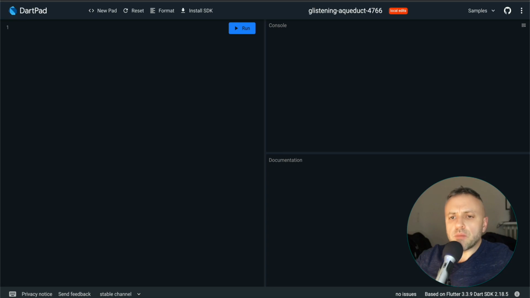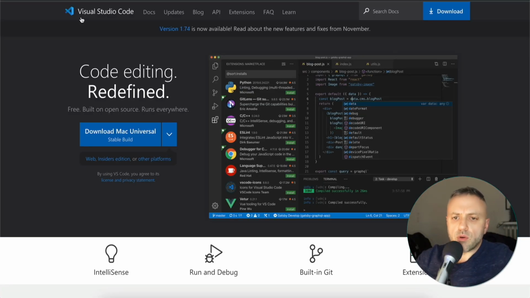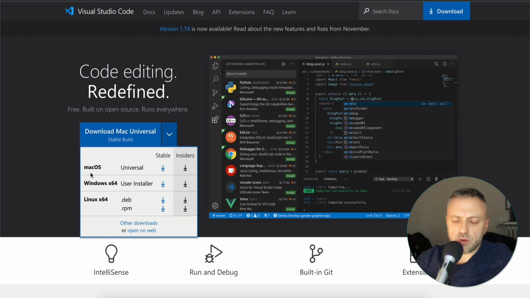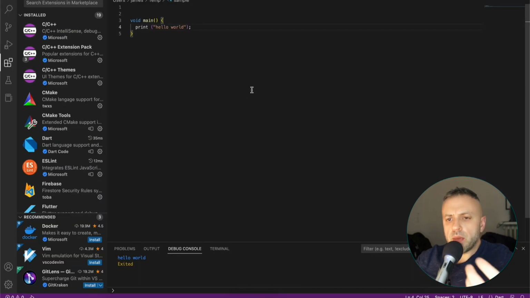So one option for a really good development environment is an app called Visual Studio Code, and you can download this for your machine, regardless if you're using Windows, you're using Mac, you're using anything else. You can simply download it. So they support Mac, Windows, or Linux here, so you can download it. This is my main editor of choice. This is the app that I use for all of my projects, regardless whether it's Dart, Flutter, Python, or pretty